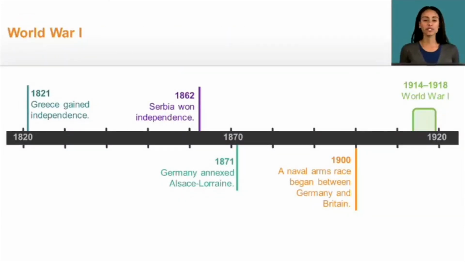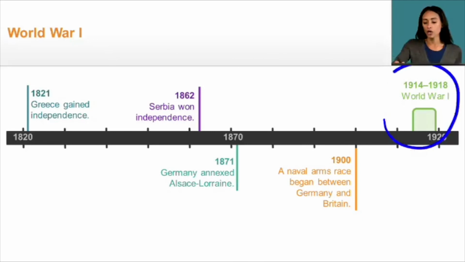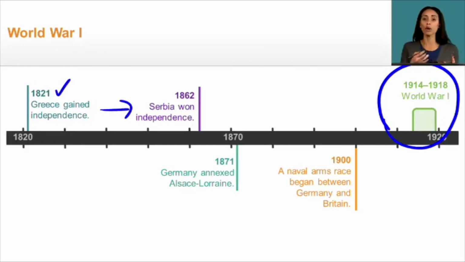As we try to understand why tensions increased in Europe before World War I, let's take a look at this timeline, which will hopefully help us visualize some of those major events. Now, we're looking at a timeline that's showing us the events leading up to World War I, which occurs between 1914 and 1918. Beginning in 1821, Greece is going to gain its independence, and that's going to lead to a lot of other nationalism within Europe,